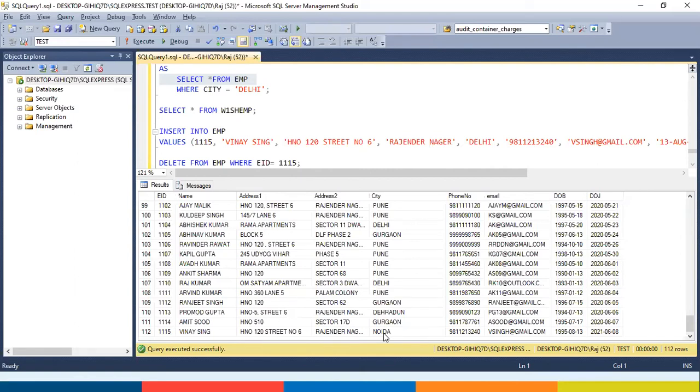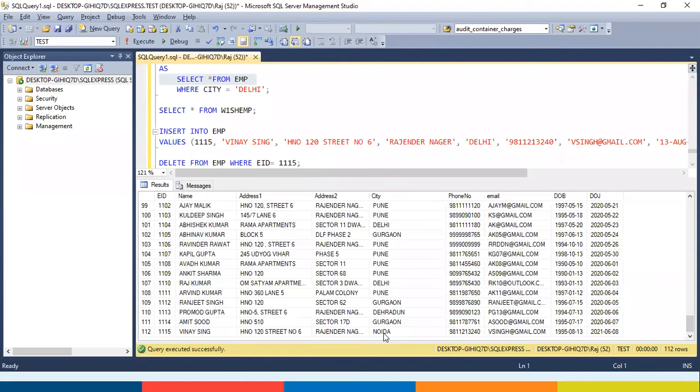Now, why has it happened? It has happened because the where clause, the condition you have given in the creation of the view, is checked only while retrieving the data. The condition is not checked for data manipulation.